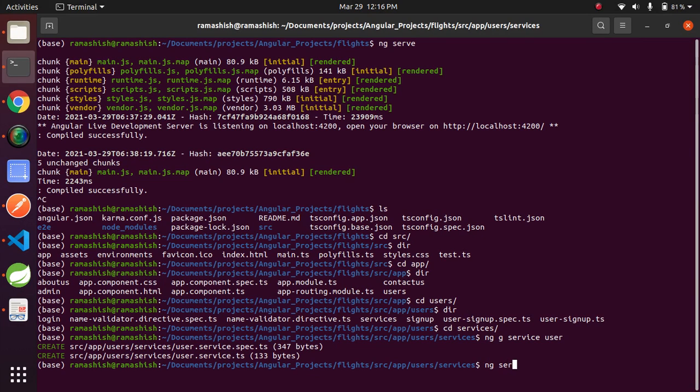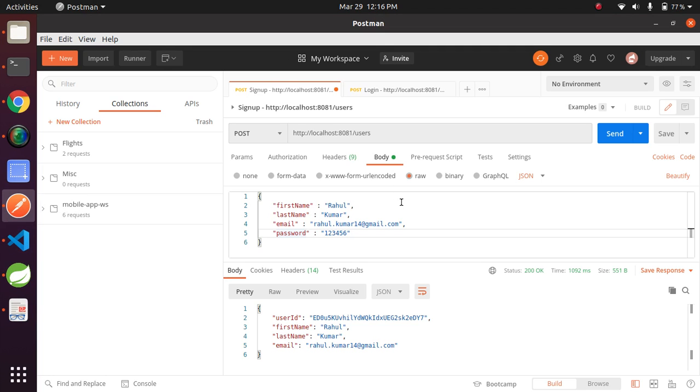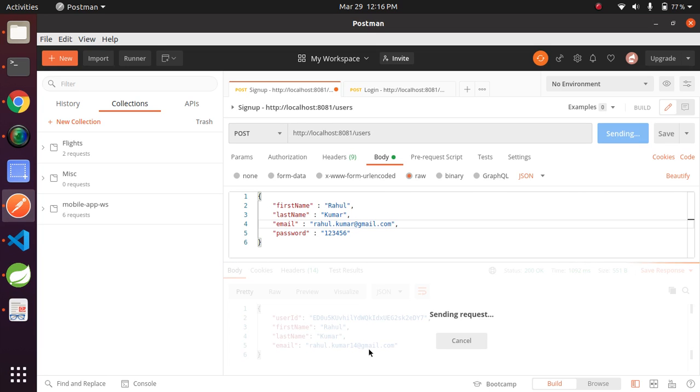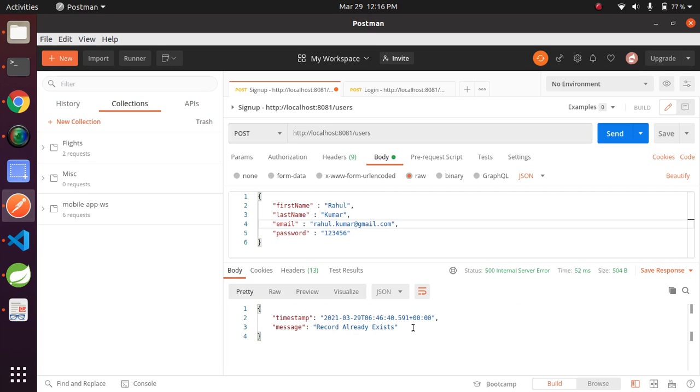ng serve. If you look here, I have already registered user Rahul Kumar. Record already exists. I am going to put here something else like Rahul Kumar 20.